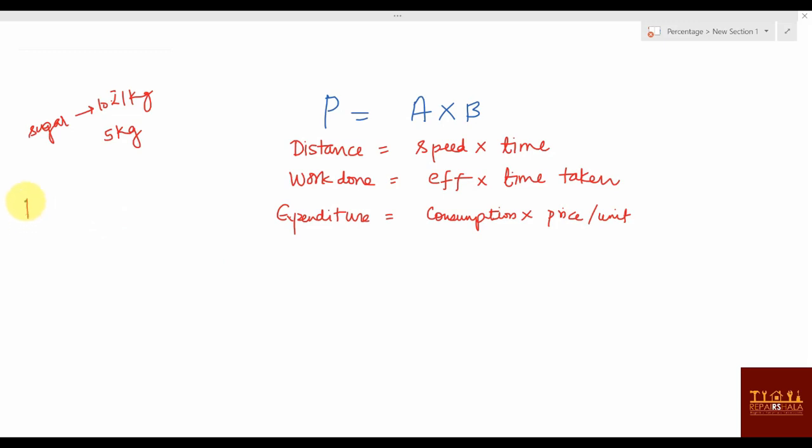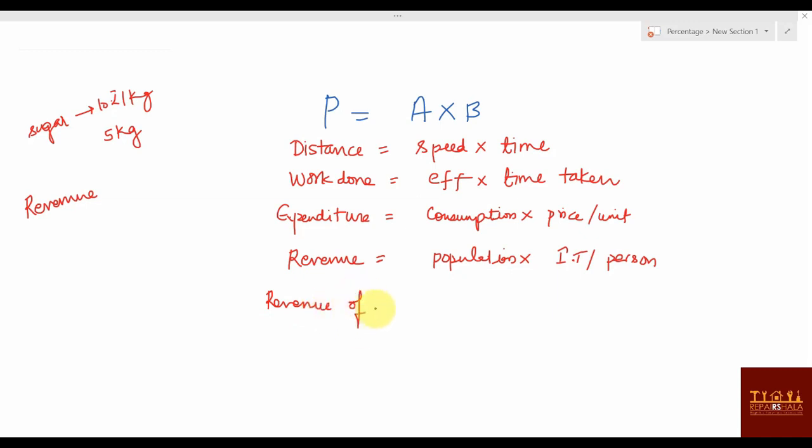Suppose I'm talking about the revenue of a state through income tax only. What will be the revenue of the state? It will be the population, how many people are paying income tax, into the tax per person. Yes or no? You will get the total revenue. Suppose 1000 people are there, each one is paying 10 rupees. So how much will be the total revenue? 10,000 rupees.